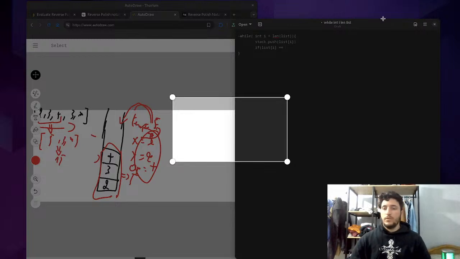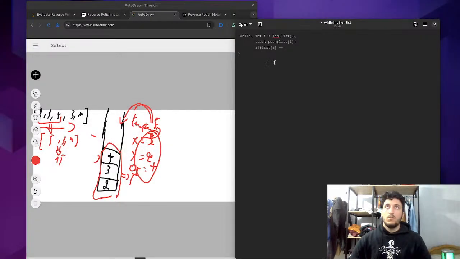an operator, and I'm gonna make a list of operators. Just here I'm gonna define operators equal plus, minus, division and multiplying. If list[i] in operators, then